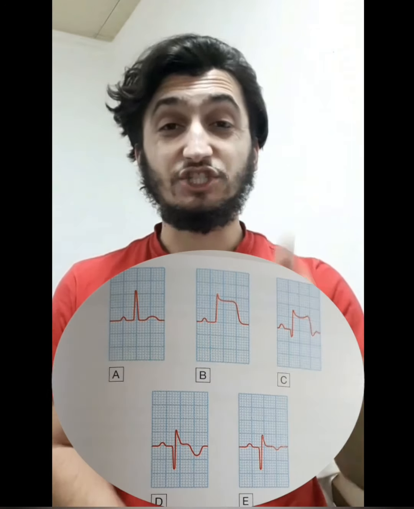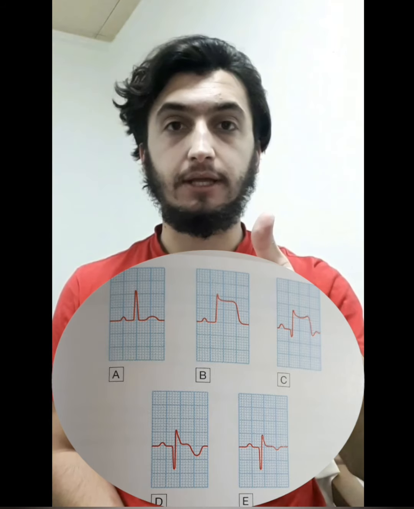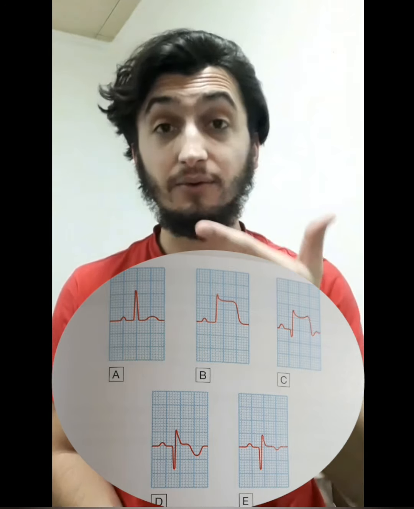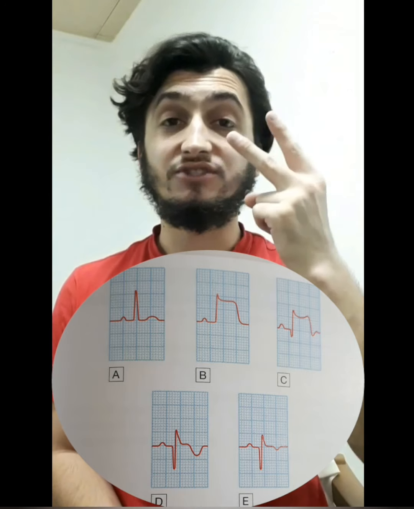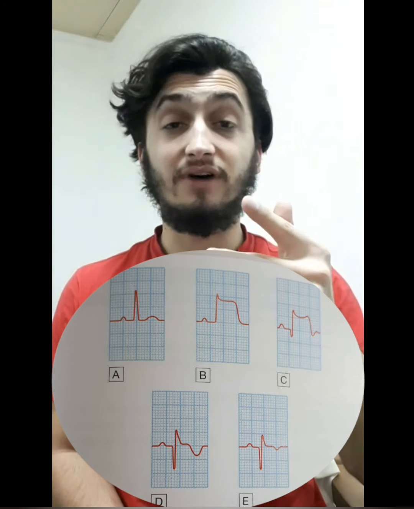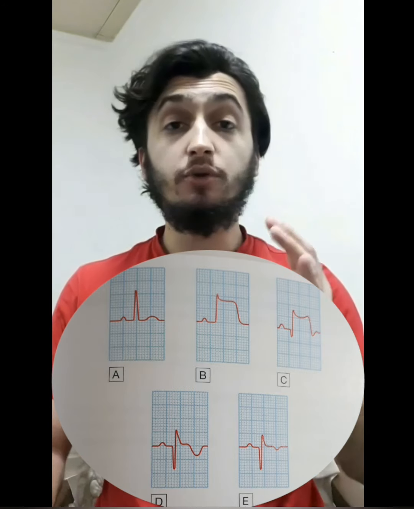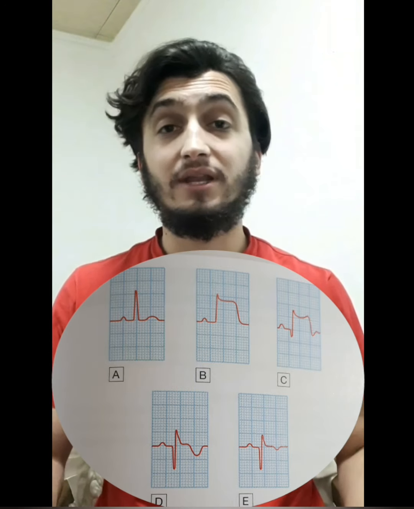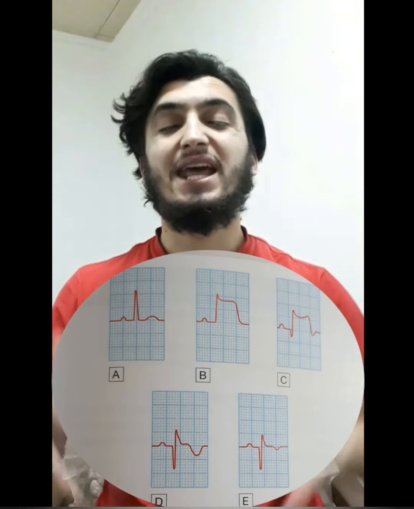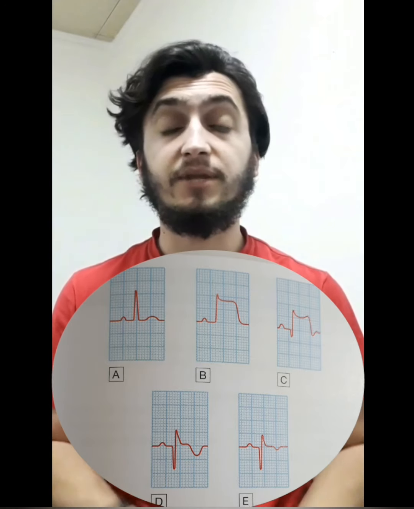So, the earliest change on ECG is ST segment elevation. Later, there is diminution in the size of the R wave, and then in transmural or full thickness infarction, development of Q wave subsequently. Later the T wave becomes inverted. Why? Because there's change in the ventricular repolarization. This change persists after the ST segment has returned to normal.